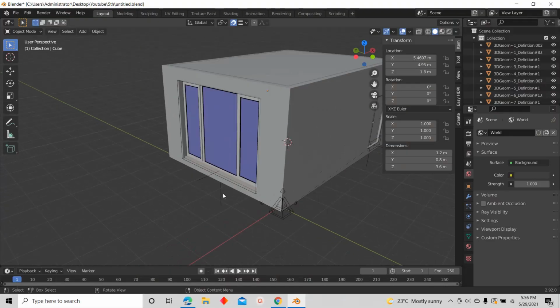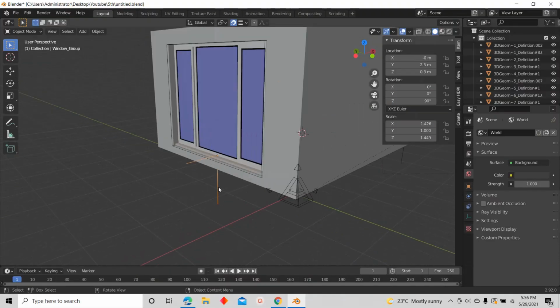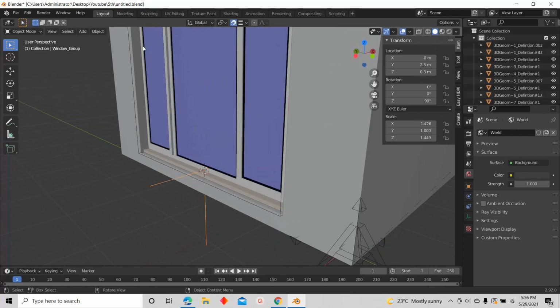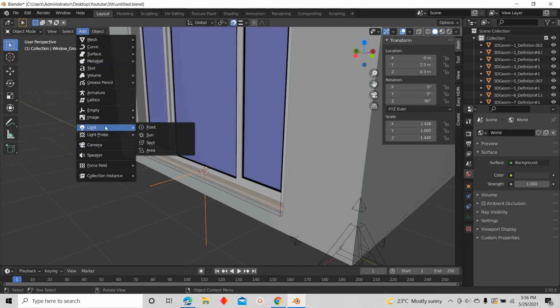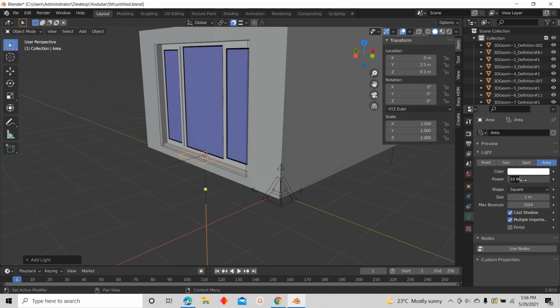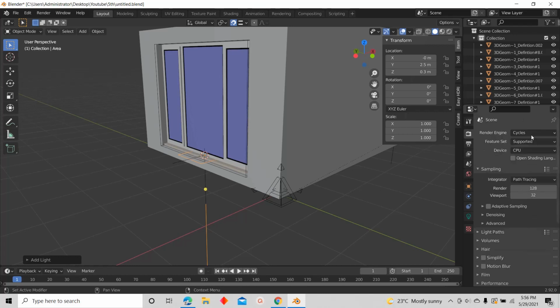So when we start the day scene, first click right here, this empty axis, and right click and then go to cursor to select it so that the cursor will be right here, and go to add and then light and then area light. Then I'm going to make the power 200 watt, and first let me go to render properties and change this to